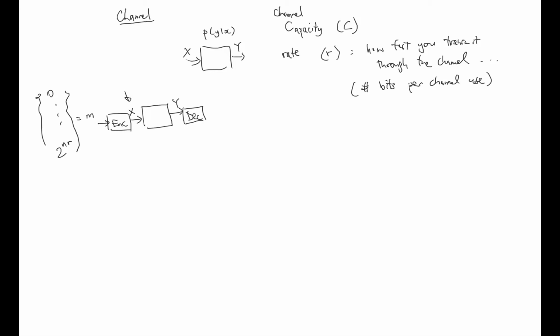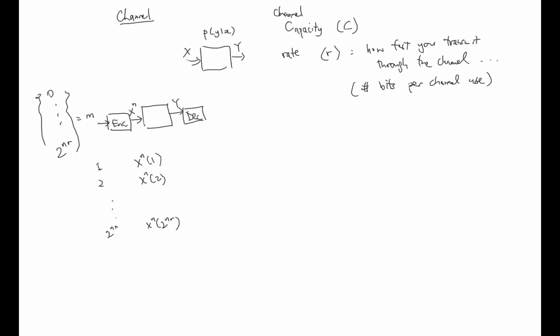But in general, I can have each message modulate into n input characters here. For example, if my message is 1 here, what I'm transmitting into the channel will be some x^n(1). You can think of this as the codeword of message 1. And if I have 2, I will send x^n(2), and so on. I have the number of messages here, let's say it's 2^(n R_out), then I have x^n(2^(n R_out)) here.